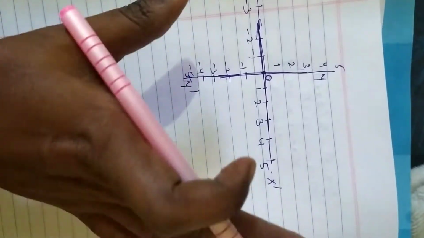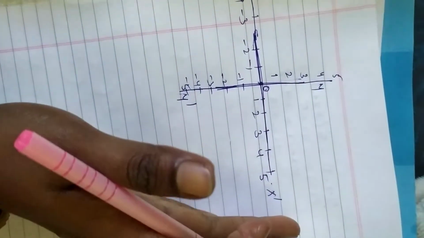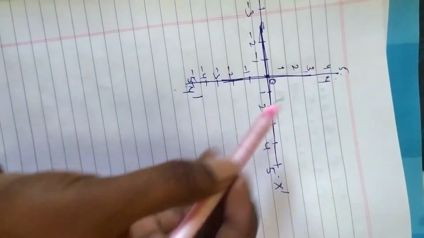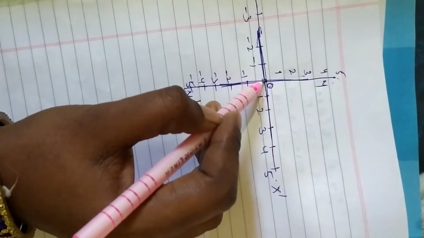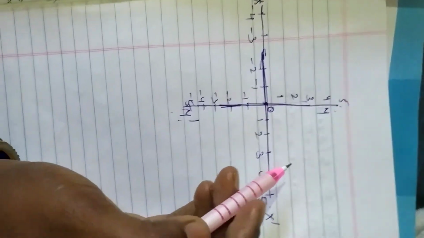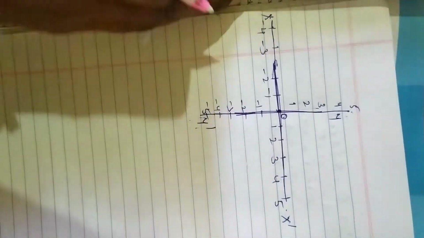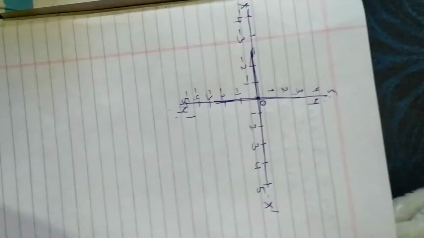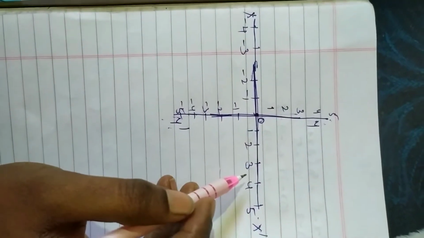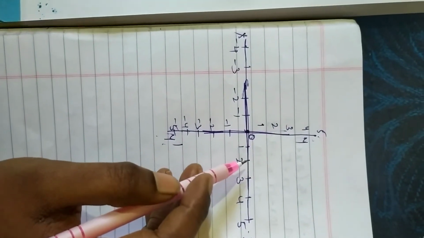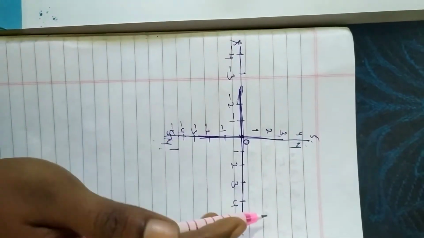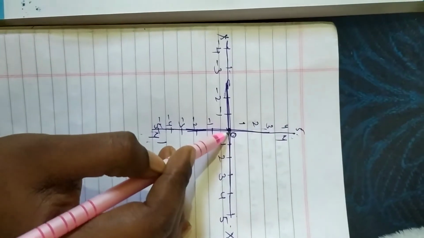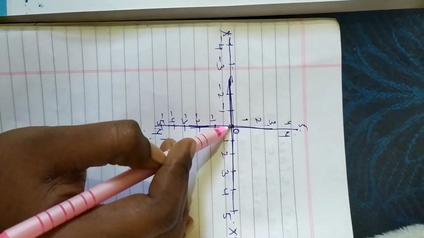This is about your quadrants. Okay, see, this is your x axis, y dash, and the intersection of two lines is nothing but 0. Clear? Now, if you want to locate any point on these lines, this is nothing but the xy coordinate axis. Where x dash and y dash cross each other is called the origin, and it is denoted by O.